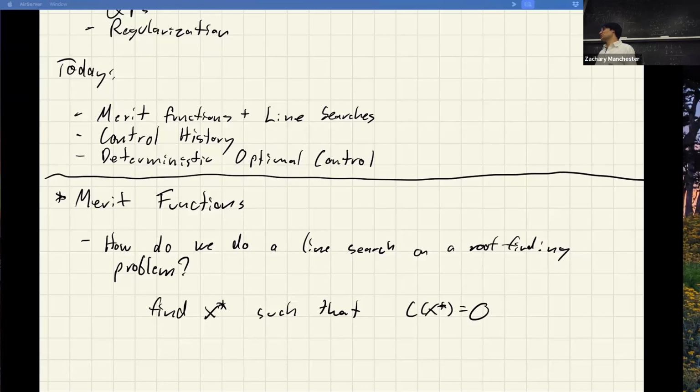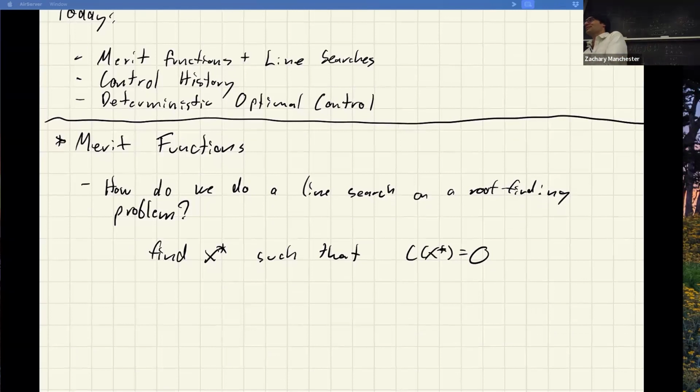I don't have an objective function to check, right? So I don't know, what would be a reasonable thing to know if I'm making progress getting towards a root? Yeah, this is literally just make a step up, and that's a very sensible thing to do. It turns out a very reasonable choice, and actually the standard thing to do